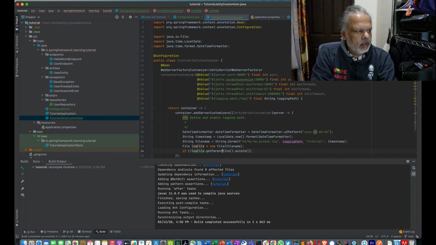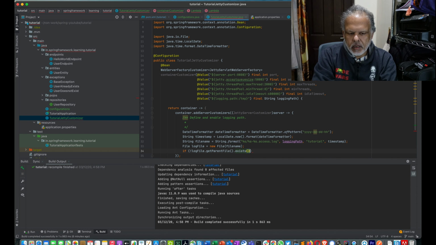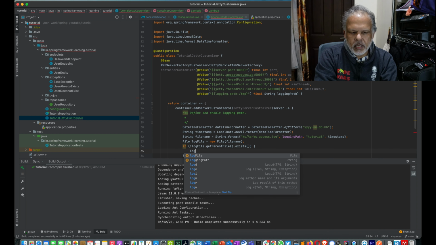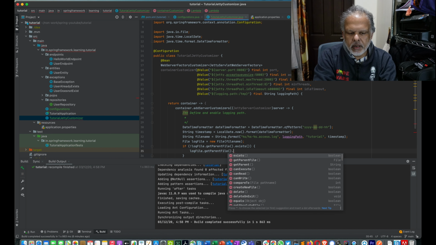So we can say log file dot get parent file dot